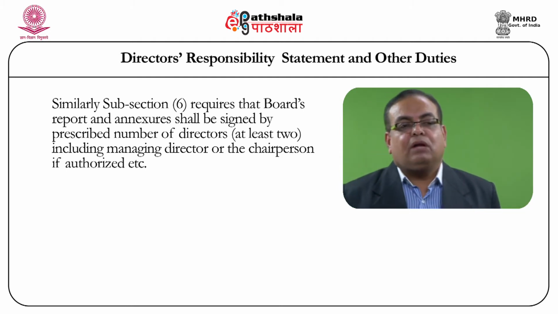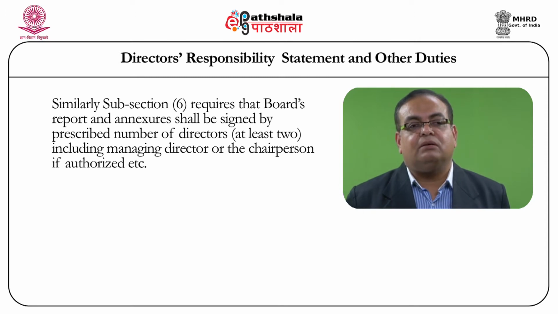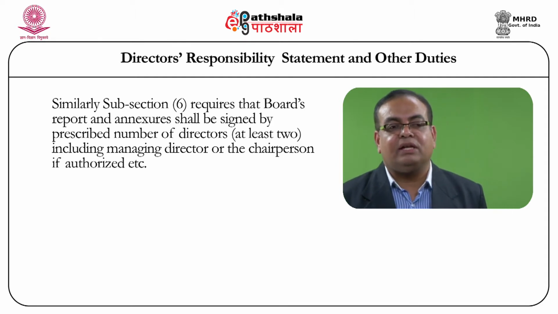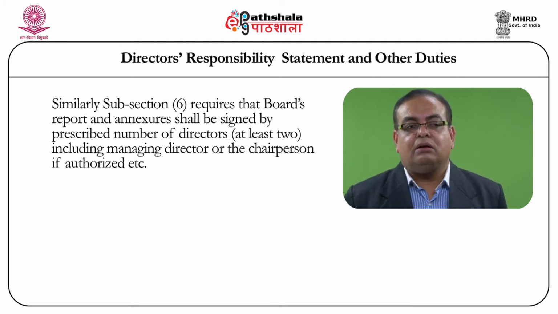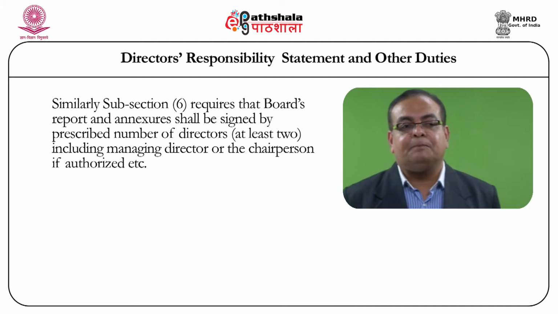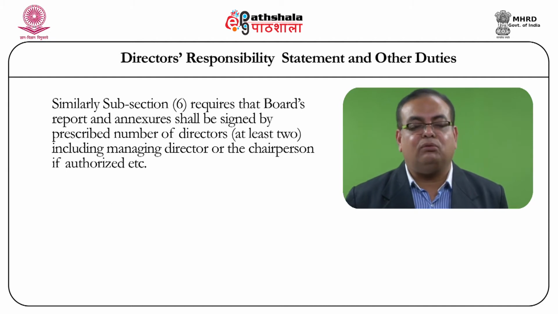So, now you have understood that any document given by the board has to be counter-checked. Like the financial statement, and we have already discussed that the financial statement and other supporting documents like notes to accounts have to be checked by the auditors. Now, this subsection 6 talks about what happens subsequently, whenever any documents, or even the annual report,